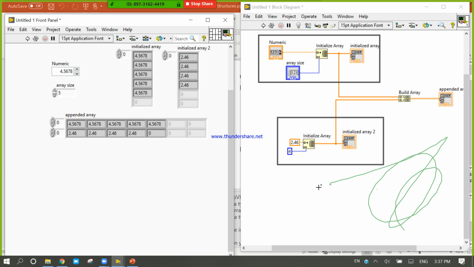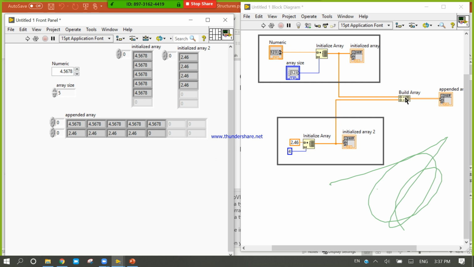How can we initialize a different value for each element? You cannot initialize a different value for each element. Okay, now by using this, we design. Here it is a build array function. This build array function has the append concept.